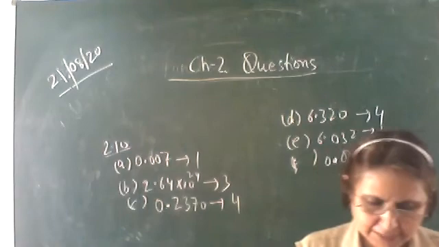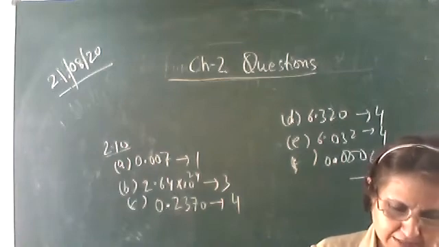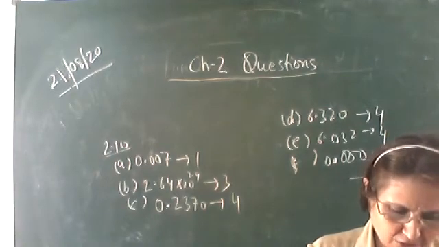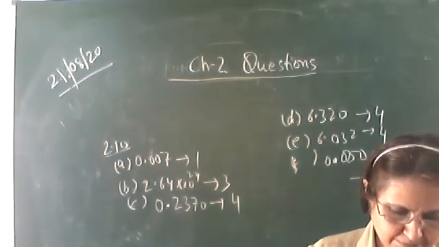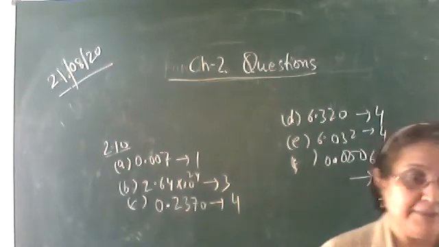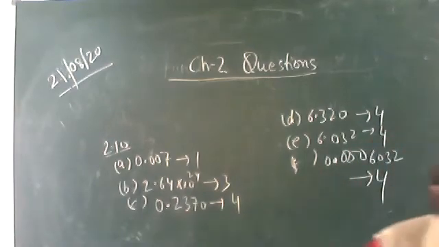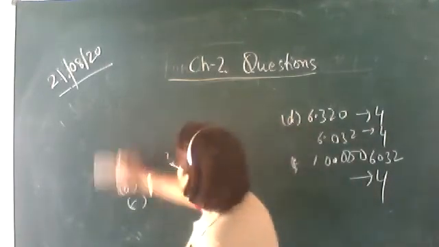A book with many printing errors contains 4 different formulas for the displacement of a particle undergoing a certain periodic motion. Here a is the maximum displacement, v is the speed, capital T is the time period. Rule out the wrong formulas on dimensional grounds. Okay, let's do this question. Question number 14, 2.14.